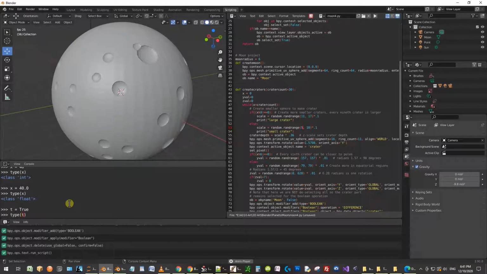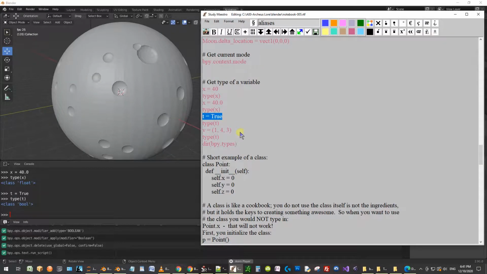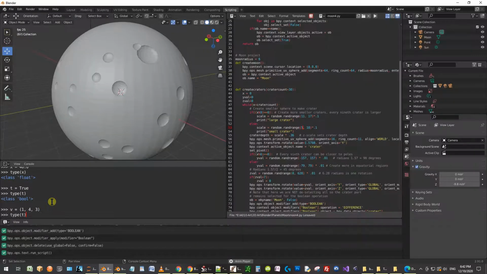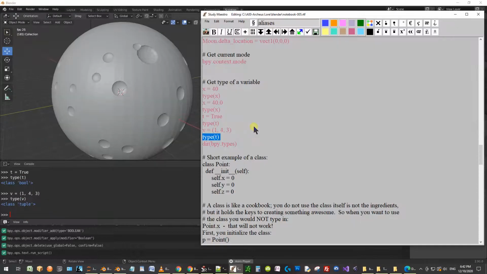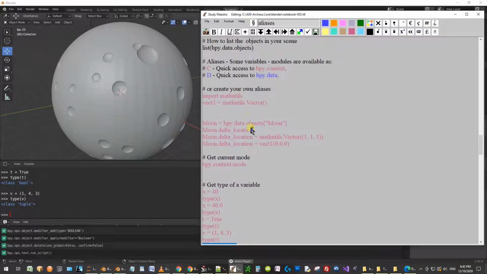Type Boolean. And then type tuple. So if you want to set it as a vector, you've got to go